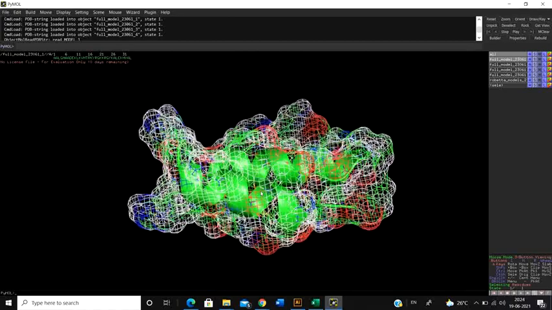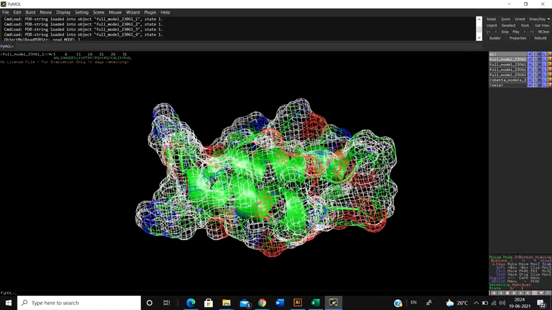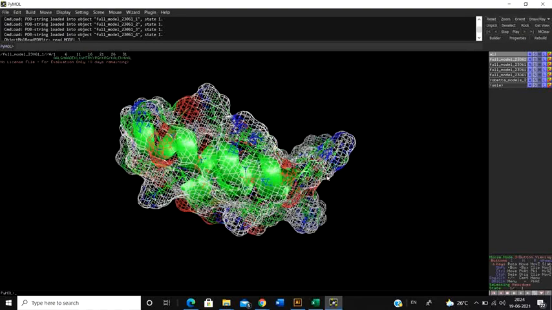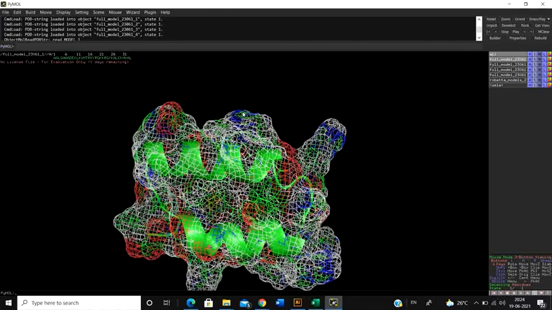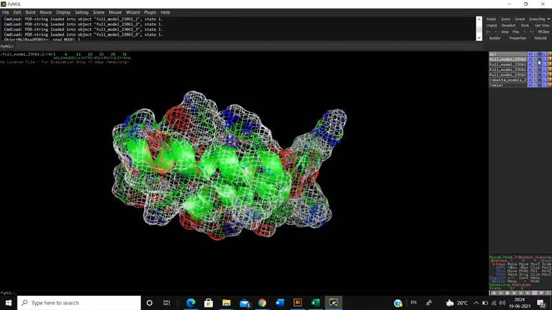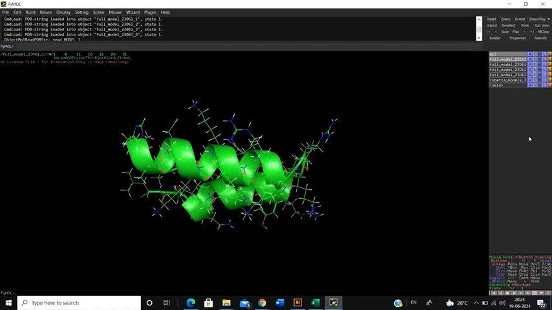So using mesh, we can actually see the entire topology and the 3D structure. Now remember why the protein is protruding here: because the side chain is protruding here. Though the protein backbone is still this part, the effect of the protein is up to this particular domain, this particular end. That is how you actually visualize the proteins. And using hide, you can hide the other things.